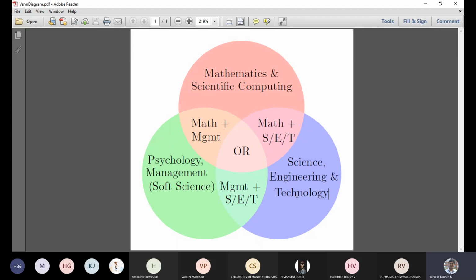And management with science, engineering and technology, like the construction of a building. Scheduling for a building: the building is purely a technology or engineering perspective, and then how we schedule it in terms of days, that knowledge we put in this particular integration of management and science, engineering and technology. In fact OR is a combination of all these things. So it's just a broad field.